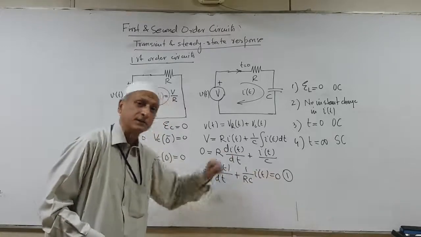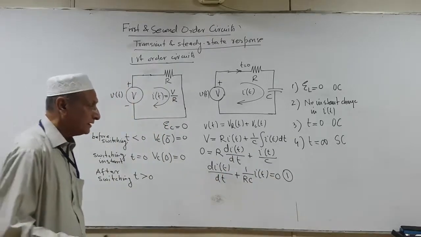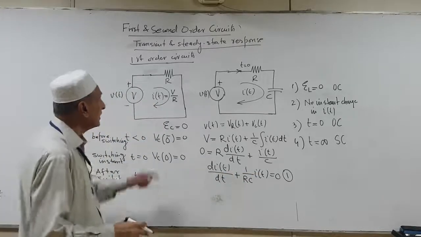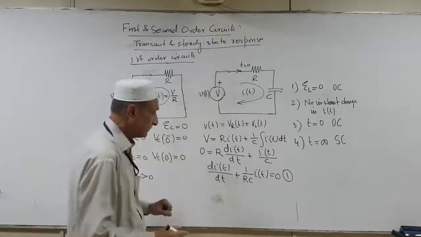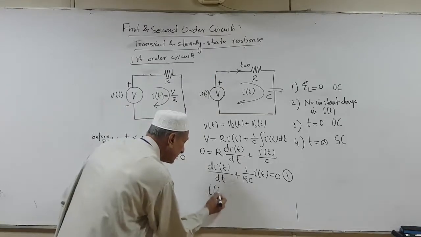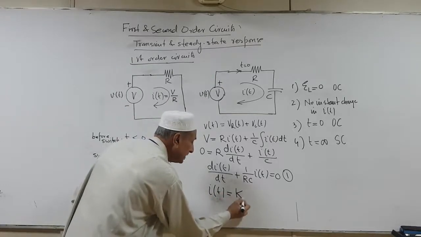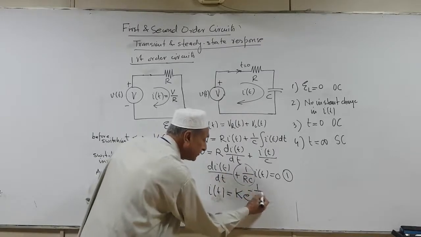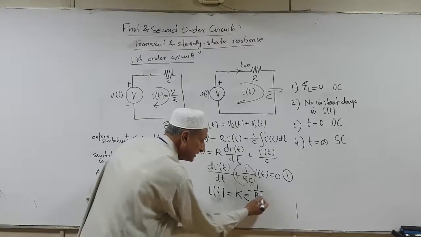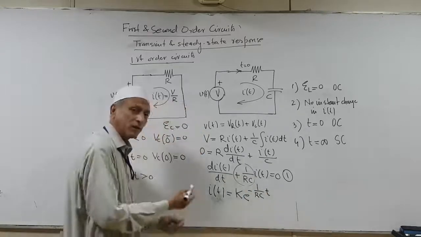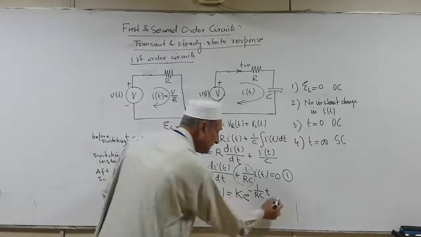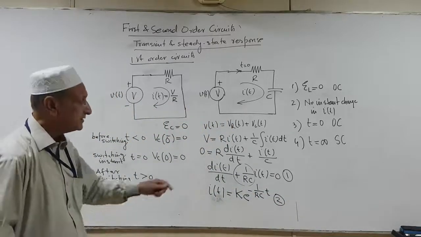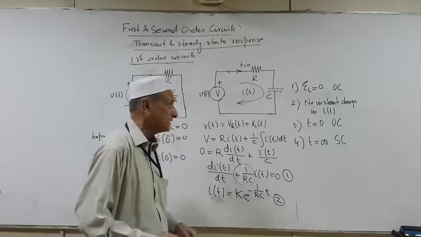Now, this is equation 1, which is a standard first order homogeneous differential equation because there is no forcing function. And this means that the solution will only contain the transient portion and not the steady state portion. So, the current will be equal to simply K e to the power of minus t over RC, reversing the sign of this quantity as an exponent of e. So, this is the total response. It does not contain any steady state since there is no forcing function.